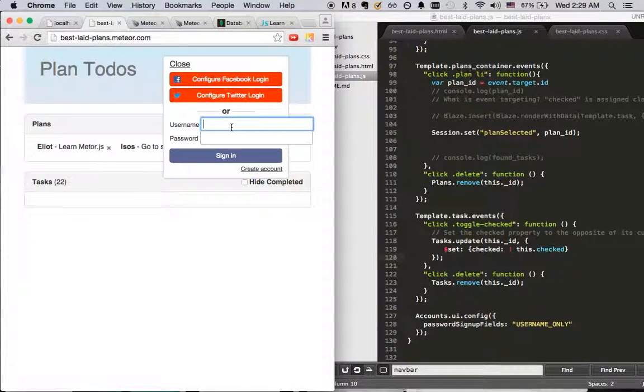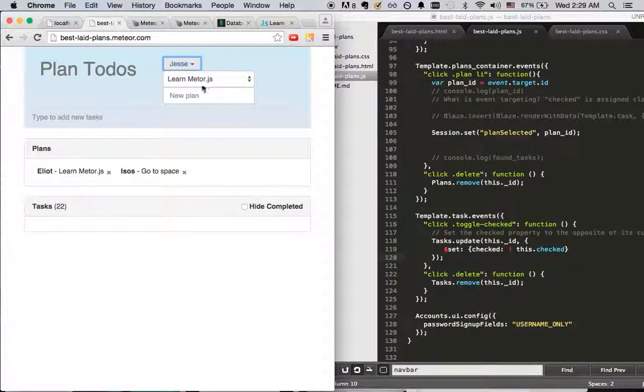So you'll sign in here, let's say Jesse. Jesse is signed in. All of this functionality here, you saw the configure Facebook login and configure Twitter login. That's OAuth functionality that Meteor basically allows you to add just with one command from the command line. I haven't set it up on Facebook and Twitter side, but it's already there, so I could do it within